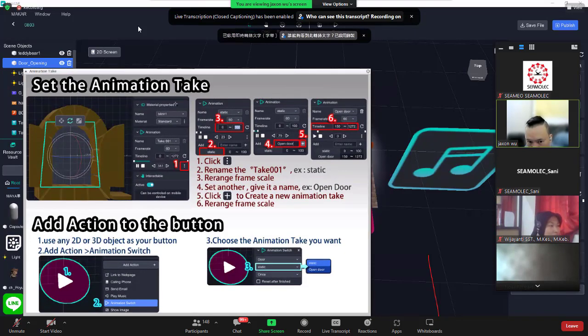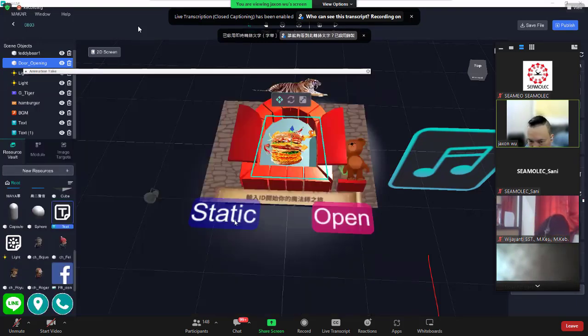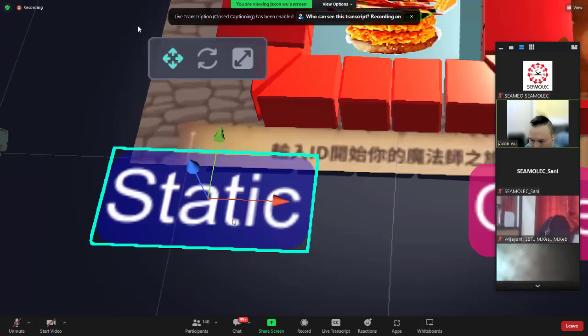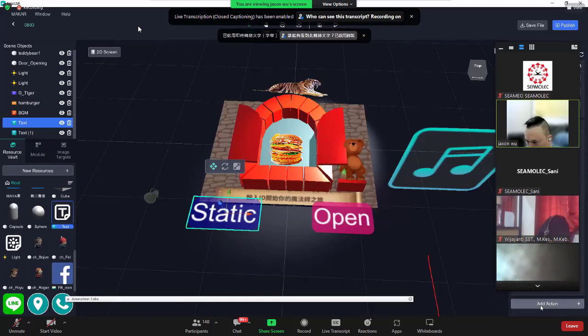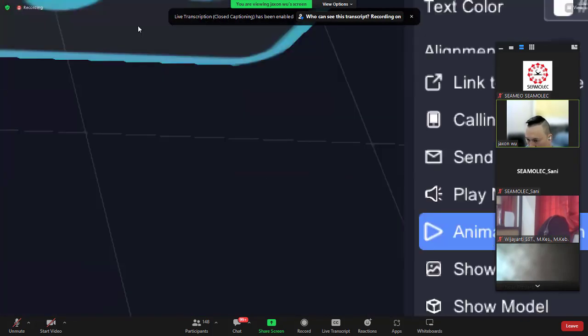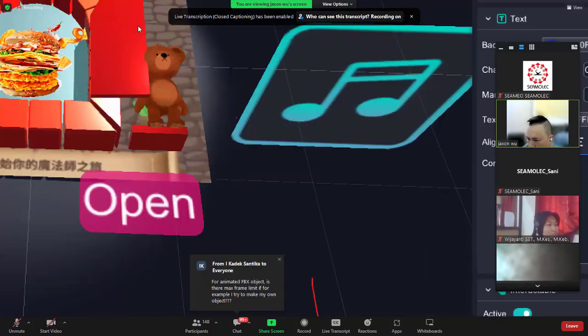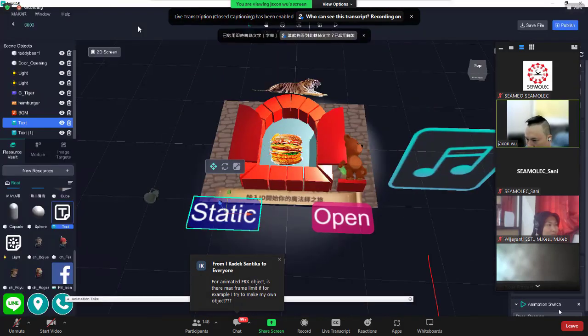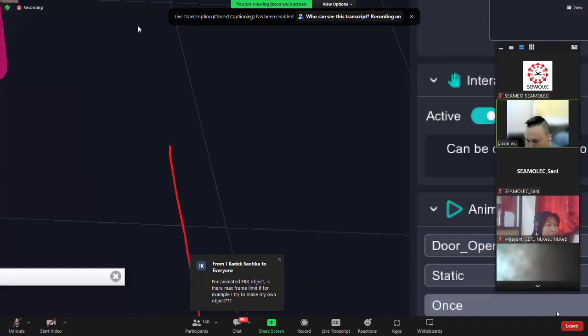After you set the animation tag, you can add action to the buttons. For example, the static. I go to add action. I hit the animation switch. And now you can see